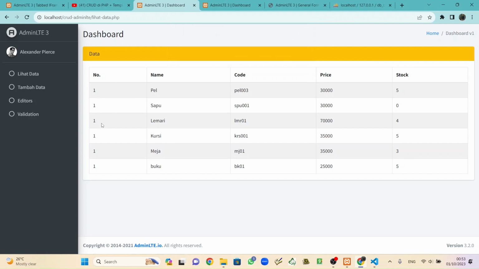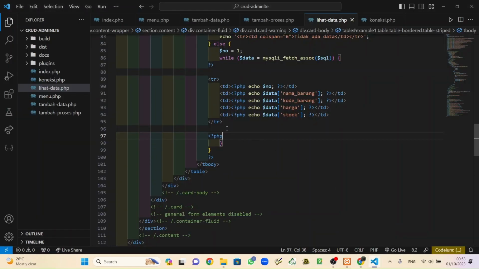But the increment, okay, we forgot one thing. Put increment here. The increment is this: no plus plus, semicolon. Okay, just that. Not here, but here.